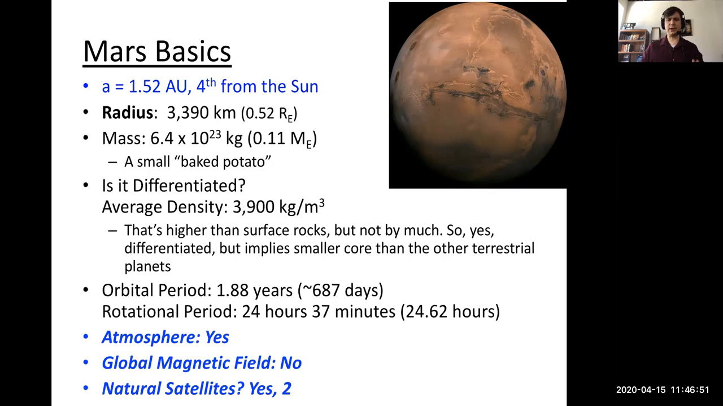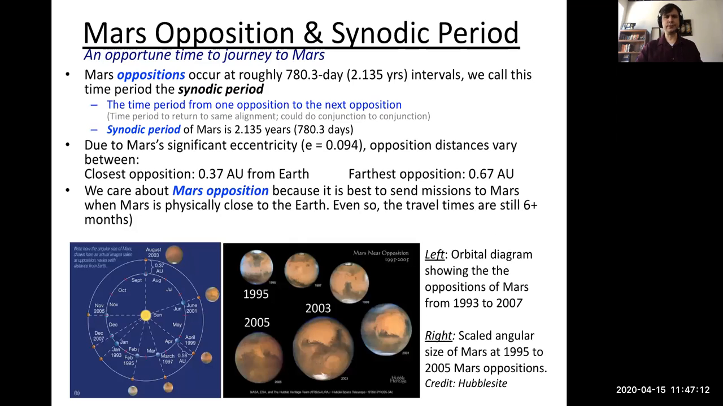Does Mars have an atmosphere? Yes. Does Mars have a magnetic field? I already said that it doesn't. And now we get to talk about the other terrestrial planet with moons. Does Mars have natural satellites? Does it have moons? Yes, Mars has 2. It has one more moon than we do, but both the moons are very, very small and fundamentally different than our moon. Let's go ahead and take a look at some of the interesting things about Mars orbit